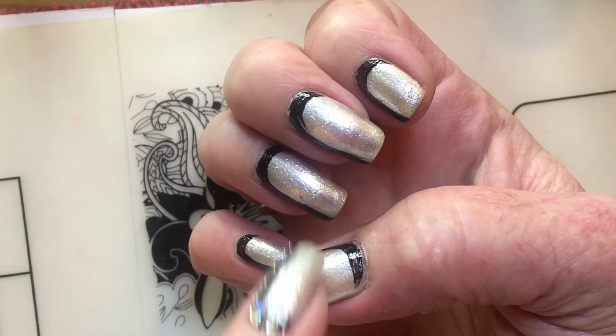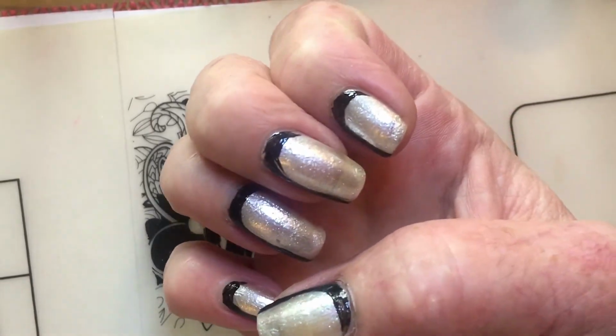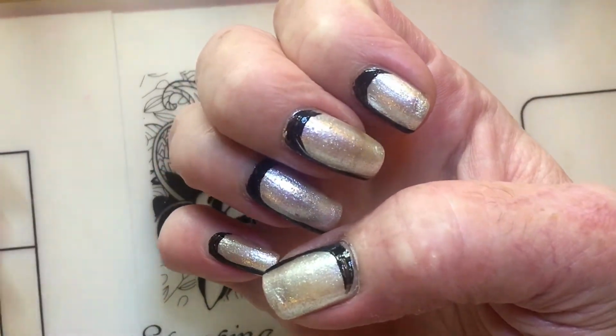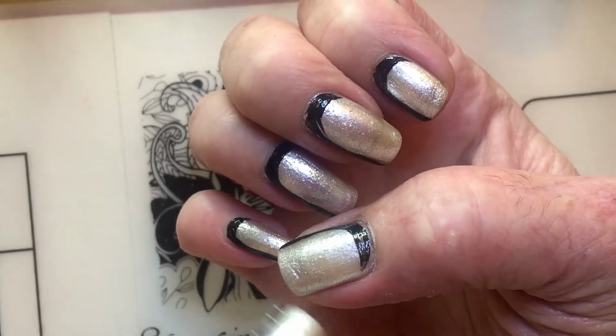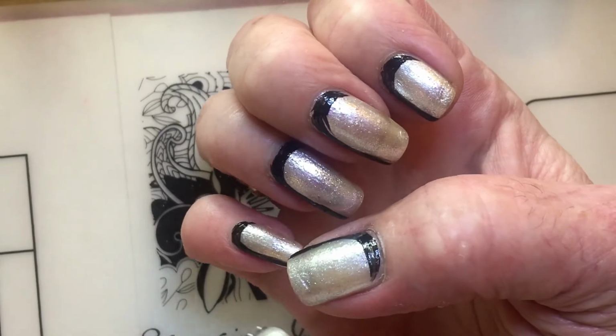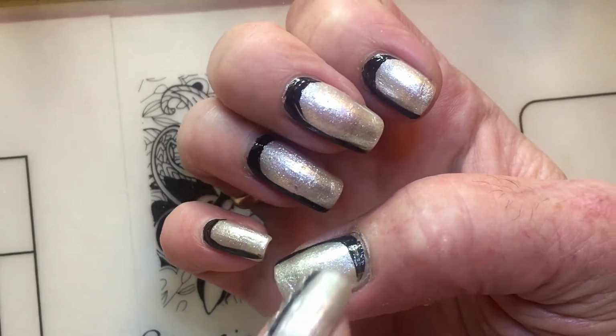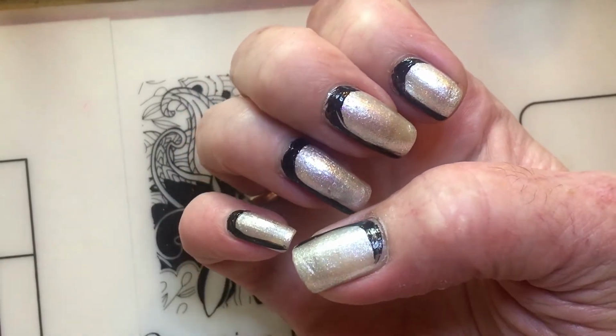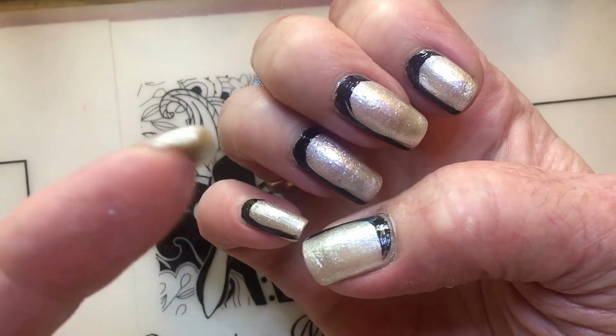And now I will apply the rhinestones. So a good idea is to first paint the black on all nails, and then apply the rhinestones, or whatever color you want to do. You could do purple or pink or...